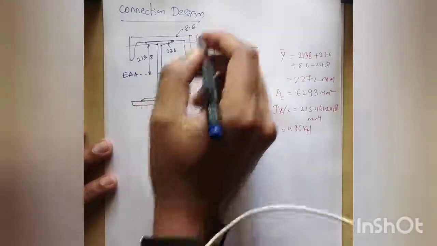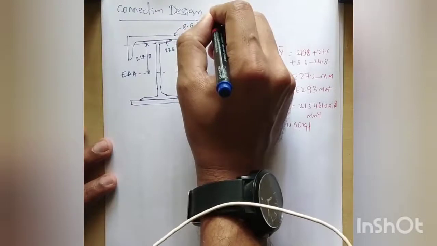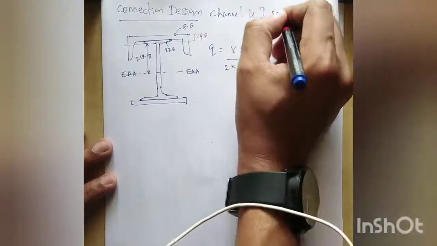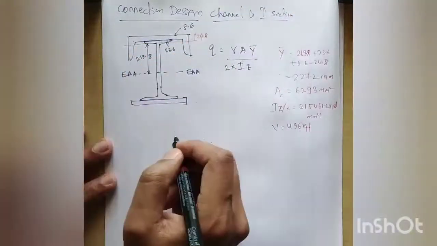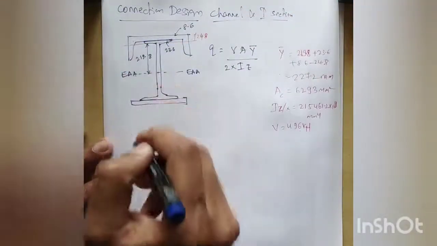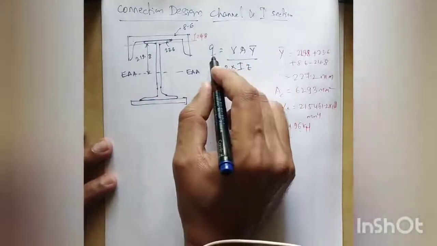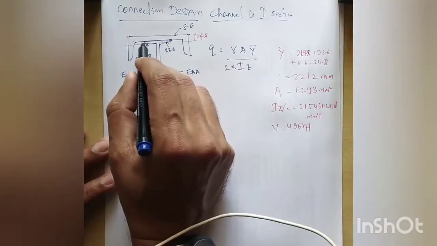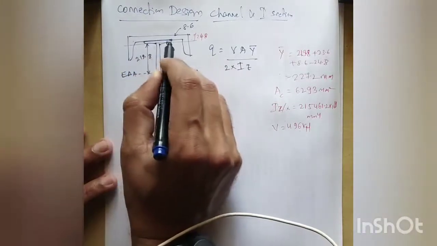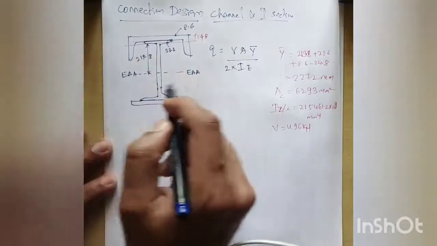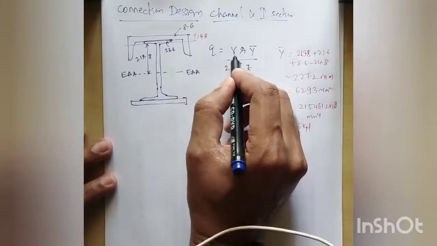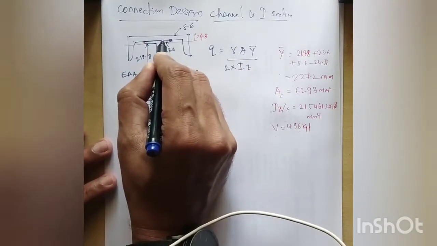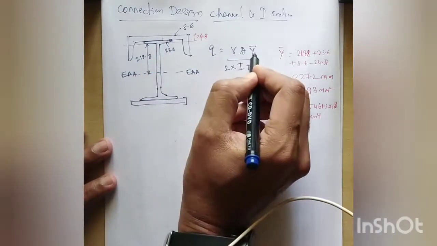Okay. So next is the connection design between the channel and the I section at the top. So now this is the I section with the channel and bottom plate we have adopted. Now we have to calculate the shear between the channel section and the I section at this junction. To resist that shear stress, we will be designing the connection. To calculate that shear, it is shear force into area, so the area about this junction, the top flange and the channel junction, into y bar.